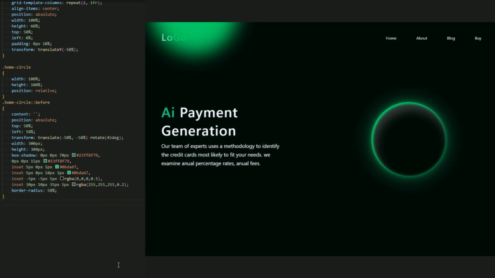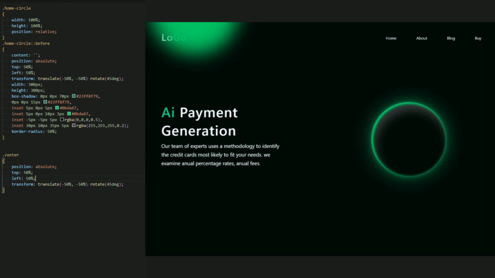So first of everything, the real box, which is a center, I want to add a custom style. We don't need the content. Position absolute, top 50% and left 50% to be a center, just like this circle. And let me just add a width and the height. This is needed for this. Now set the width 72% and the height 85%. Okay, here we go. This is our real box to add animation inside it that keeps rotating this arrow.